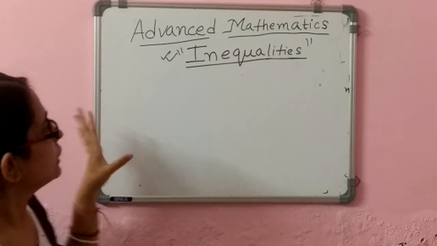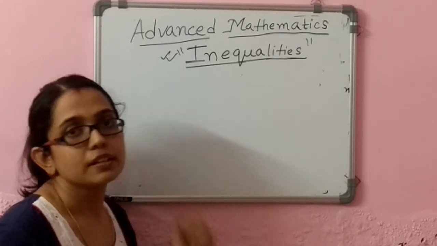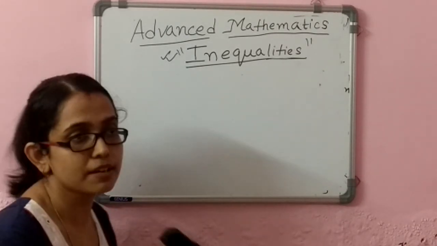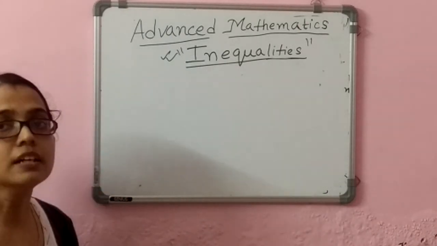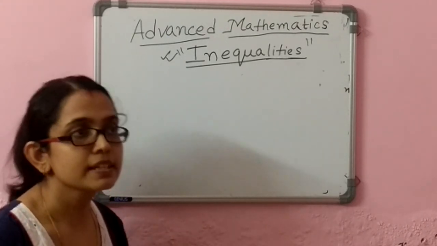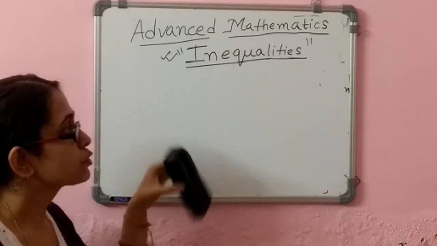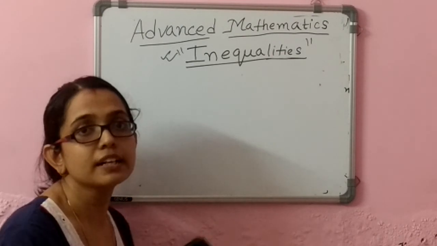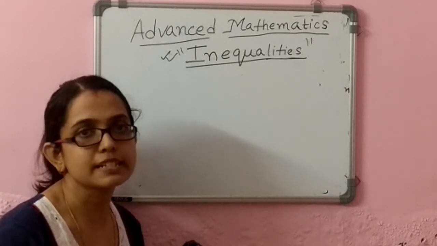So with this I am going to end my topic. I hope I could make everyone understand what inequalities are, and related to that, whatever I have told, the intervals. First I told about natural numbers, which are greater than 0. Inequalities mean any number will be greater, smaller or equal, then it follows some properties, then the arithmetic and geometric progression mean. Then I came to the interval part, which is very important while solving examples, and I also explained with the help of an example how to solve simultaneous inequations.